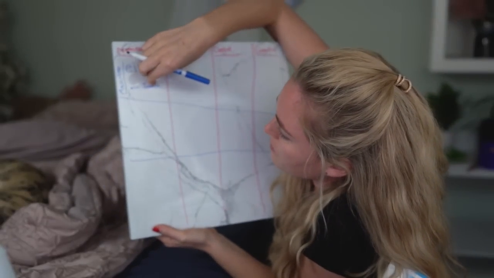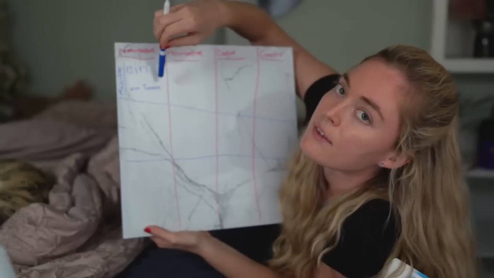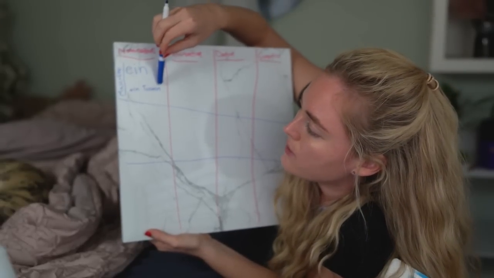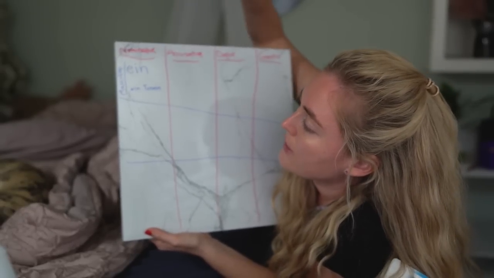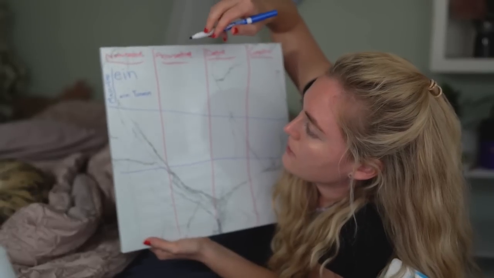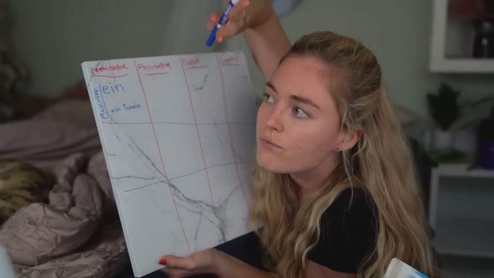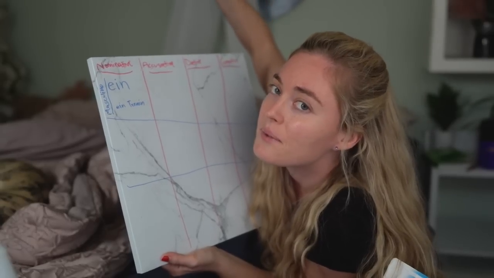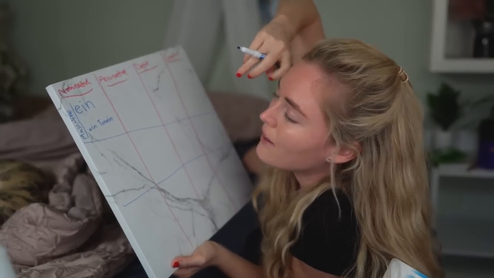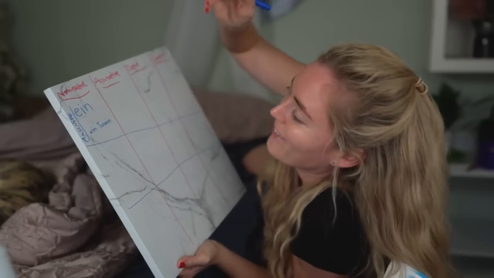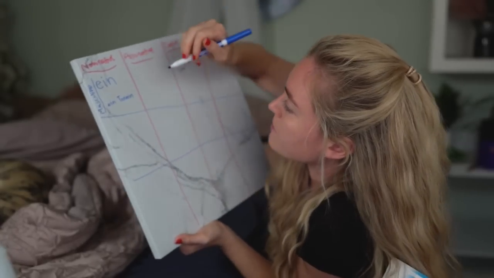So, ein Termin is an appointment, because Termin is der Termin, so it's a masculine noun. And then if you said I have an appointment, now you have two things in the sentence. And I'm not a good teacher, so I don't know how to explain it, but accusative is